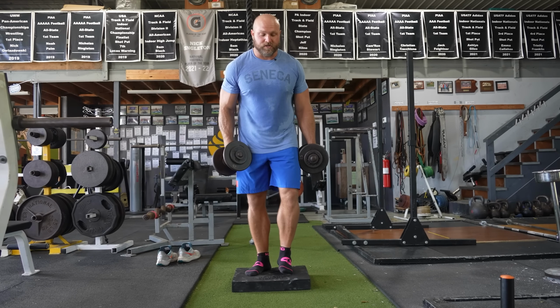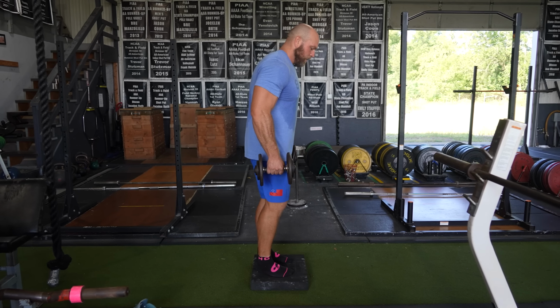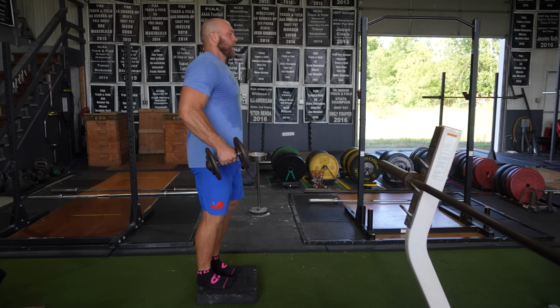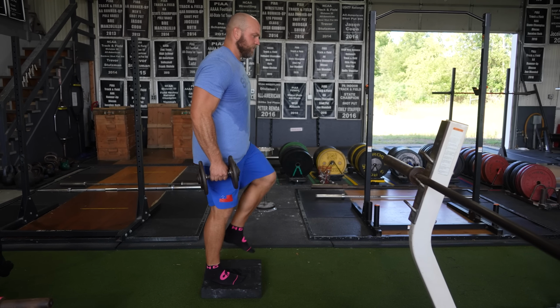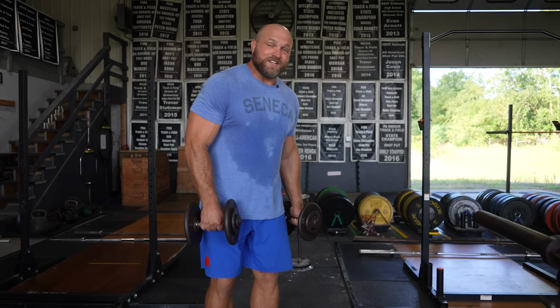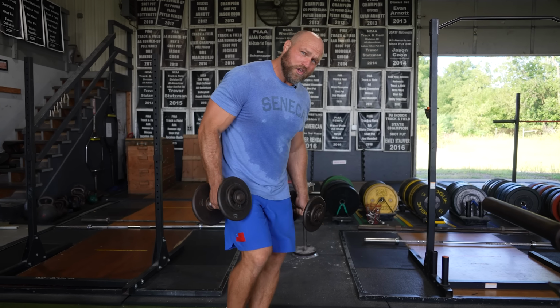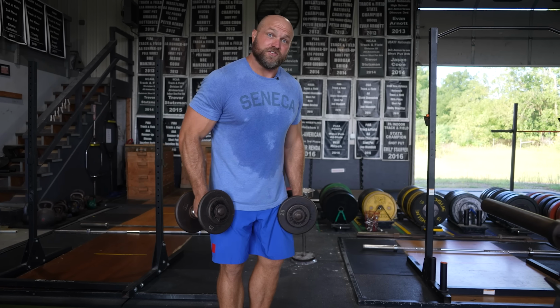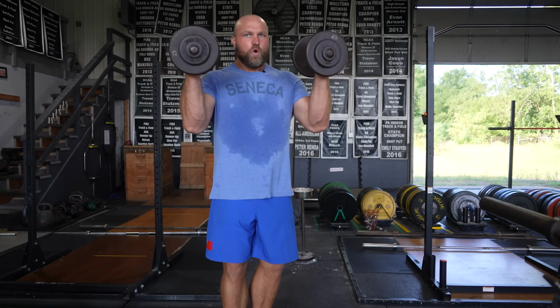Now we can get into something like a drop lunge. So we can go here, holding the dumbbells, drop, boom, drive back up, okay? And ideally I wouldn't drive past the pad. So I'm dropping, boom, drive back up. So you can use dumbbells with a sweet isolation exercise, and you can also use it while you're standing on this garage strength balance pad, and you can get into more explosive exercises like the drop lunges while you're overloading